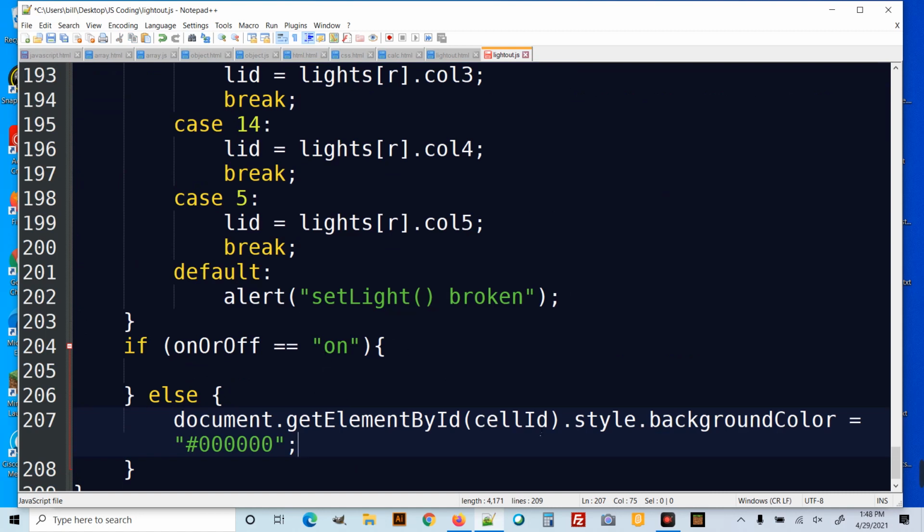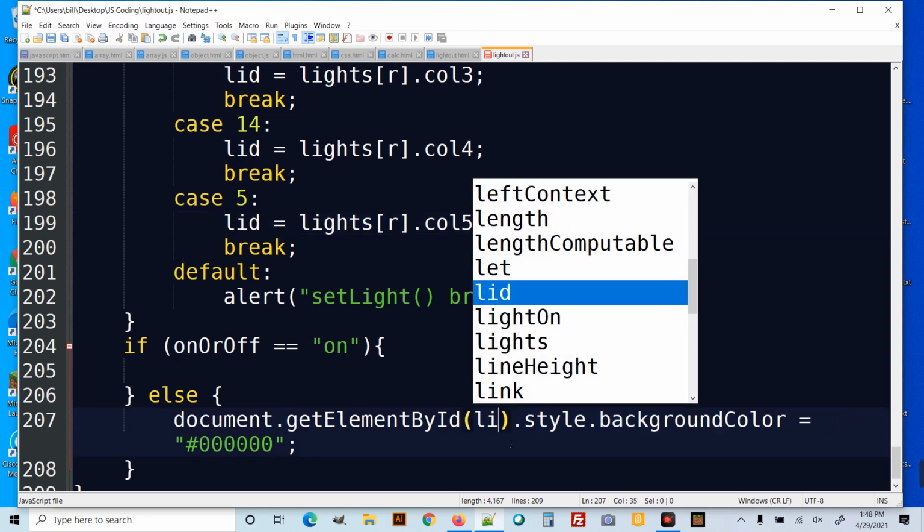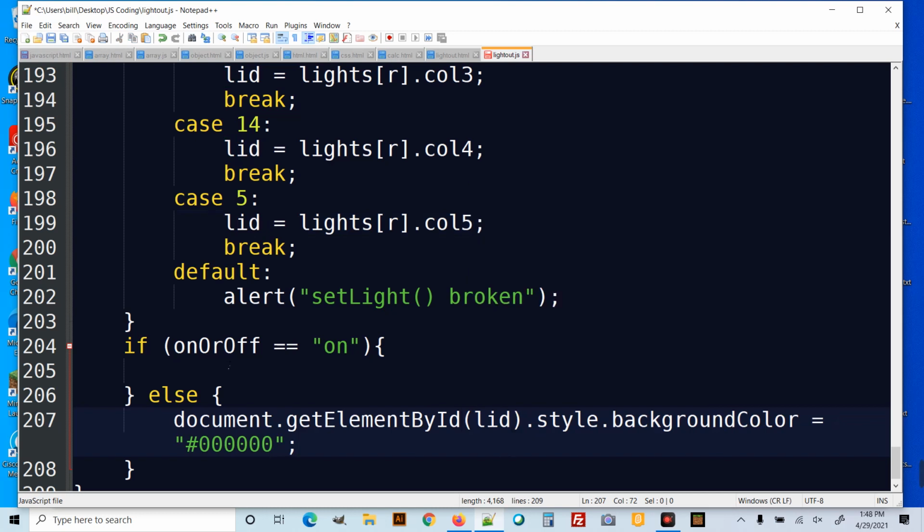Now it isn't workable yet because it's looking for cell ID, which we don't have. But we have now set lid, or whatever, to what we want. So I'm going to put in here lid instead of cell ID. So it's going to go get an element with the ID that we put in there and set its background color to black. So that'll turn it off. To turn it on,